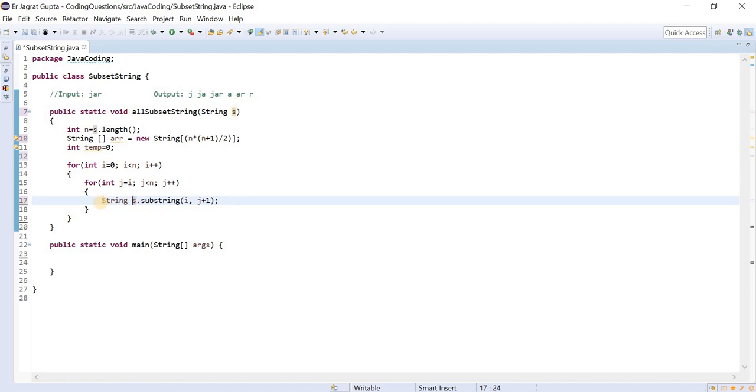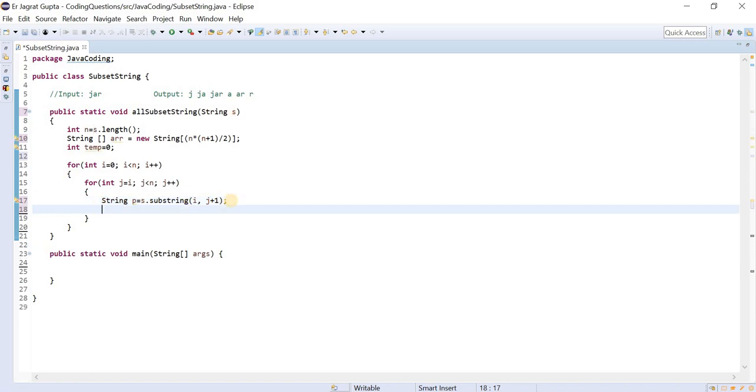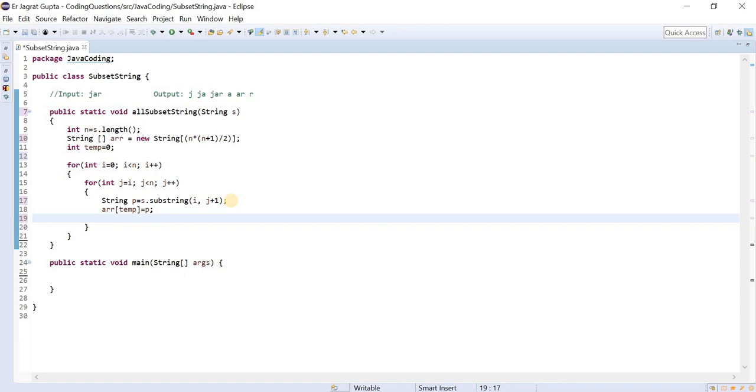I would like to store it in a string variable, so let us suppose string p. Now we will store this p into this temp array. Whatever substring we get, we will store that substring into this newly created array. Now I will increase the counter for this step.